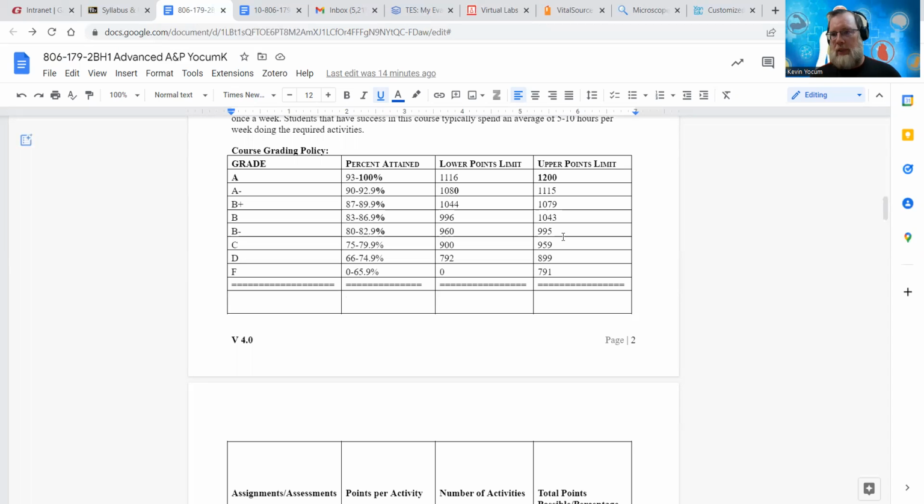Some students complete the course within 6-7 weeks. Other students complete it incrementally week by week, and by week 14, around December 7th or so, everything is done. I do want to mention as well that we have a new input on our end for final grades to the registrar, and I'm able to give a final grade to the registrar as soon as you complete all of the work.